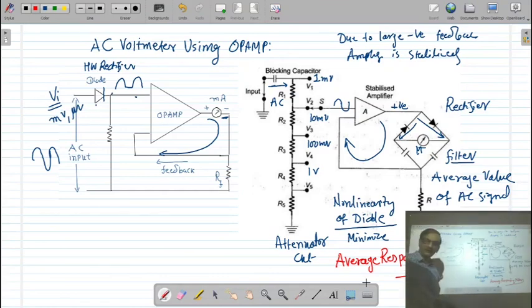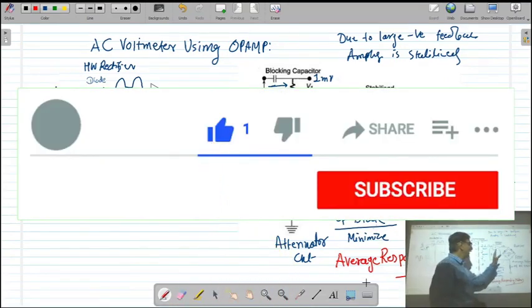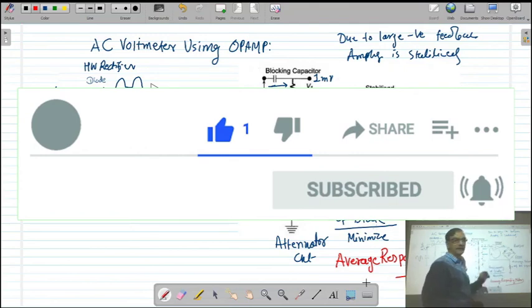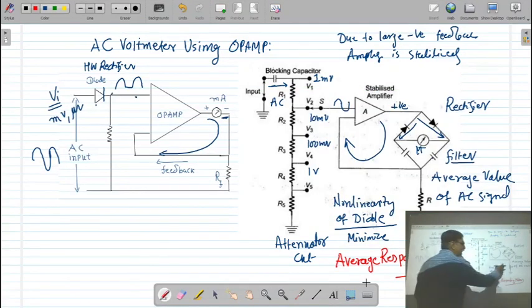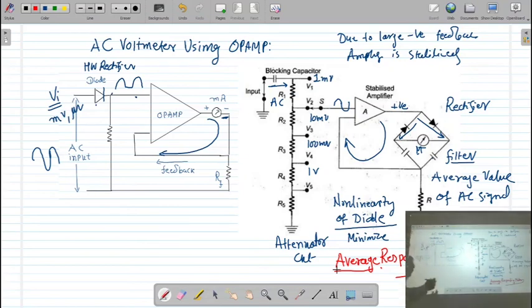So in this way, we can use the operational amplifier. Here we are not discussing the circuit of the op-amp because we are already familiar with the operational amplifier and its applications. But you have to remember that if we have a rectifier before the operational amplifier, it cannot measure the small voltage. If we have a rectifier after the operational amplifier, it can amplify the signal and you can measure the small amount of voltage. In this circuit we use the filter, and therefore it is measuring the average value of the signal. Here this is going to measure the RMS value of the signal.